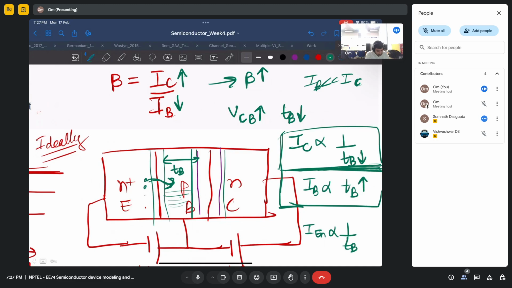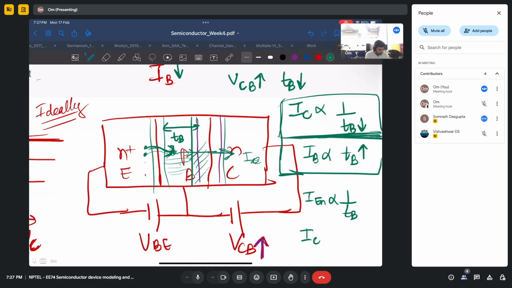These electrons coming from the forward-biased emitter into the base just diffuse to this junction, and then due to the reverse bias in the depletion region, they go into IC and constitute the most part of IC. The maximum portion of IC is IEN itself. So that's how this dependence of 1 by TB comes. Whereas why base current increases as TB increases is